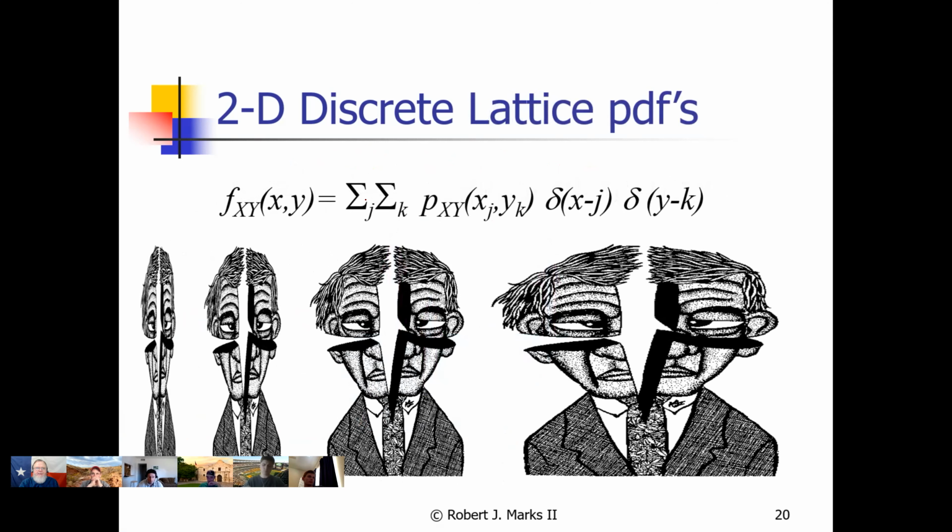So this is just an explicit representation of what we've looked at before. And this is the example of the lattice type. For the lattice type, notice that we can only have values at integers. That is, x has to be equal to j and y has to be equal to k. They can't be arbitrary. So that's the lattice type.